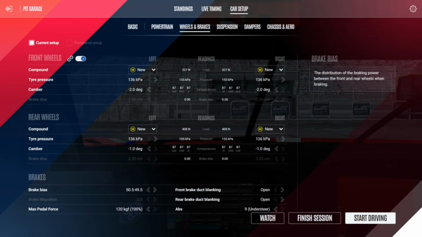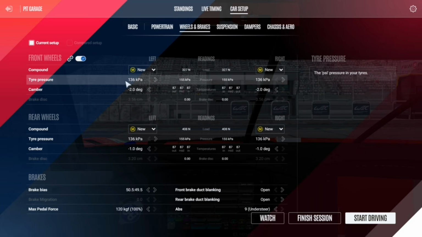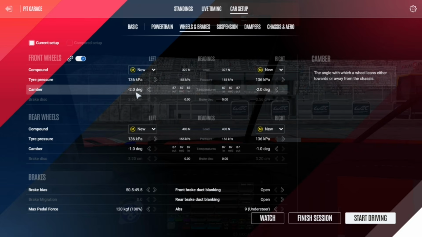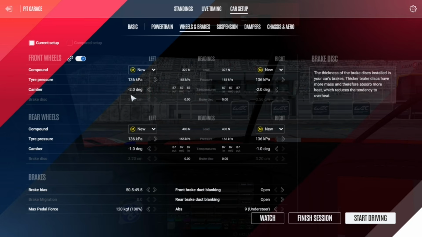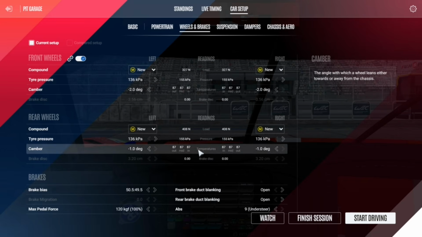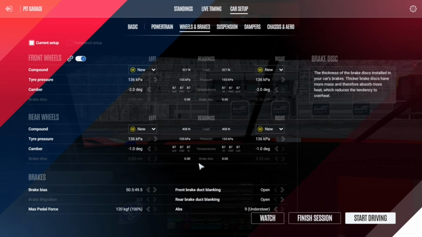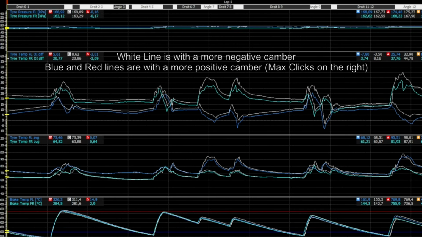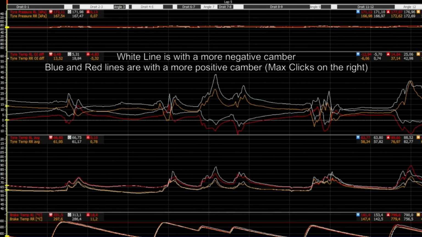Now let's go on to the second page of setups. Tire pressures are still at the minimum because it gives you the best amount of grip and the least amount of tire wear. For camber, you will see people sometimes running a bit negative value, so not fully to the right with the most positive. The reason is that it gives you a really good feeling in terms of cornering, but there are huge downsides to using camber. It reduces your top speed and it will also increase your tire temperatures and mainly the difference between the outside and the inside of the tire, as you can see on the telemetry just now.